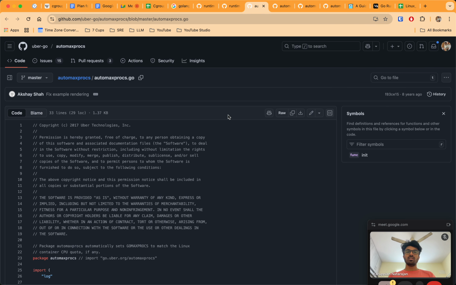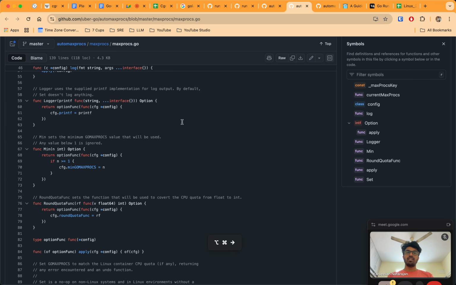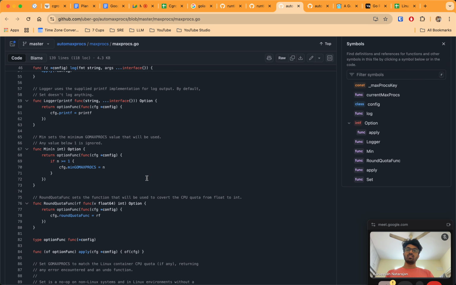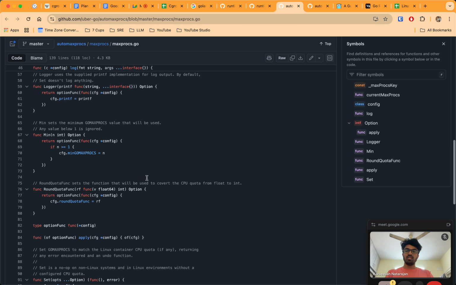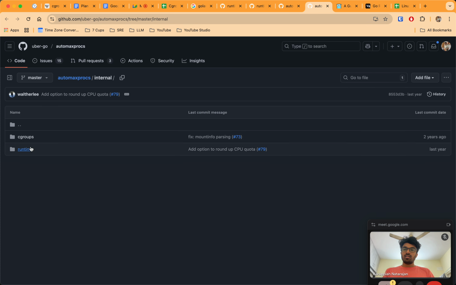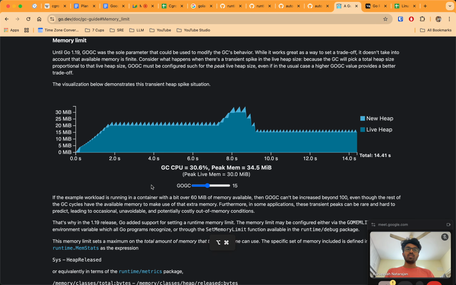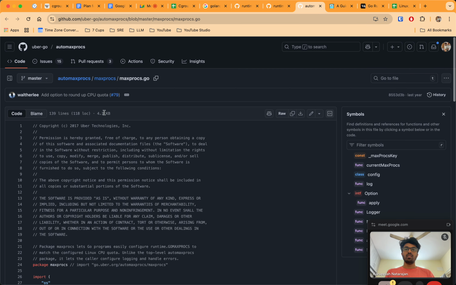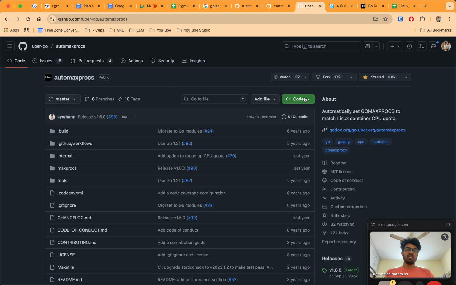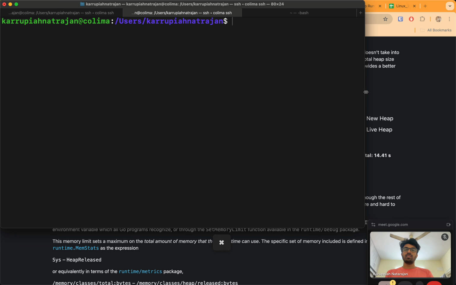Anyways, I was reading through the code of this automaxprocs on how it actually sets the GOMAXPROCS automatically, and I noticed that there's quite some logic in it. So in the runtime and the cgroups thing, maybe getting into this repo might help to understand, like opening this repo locally and trying to understand what's going on. Let me see if I can do that.